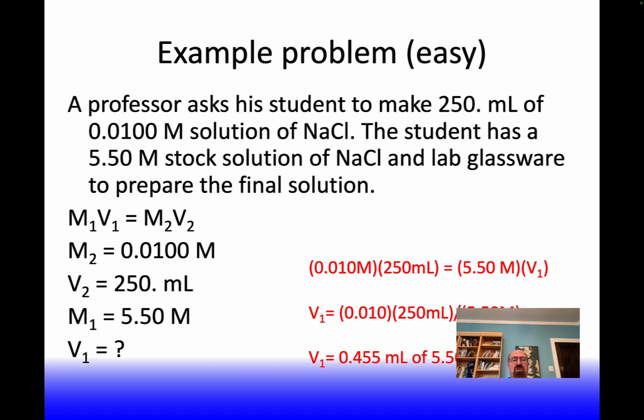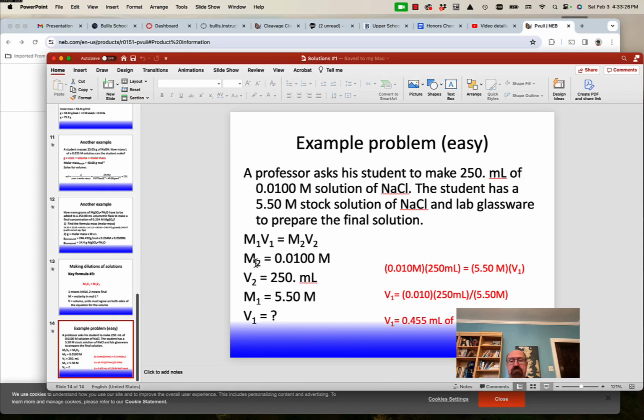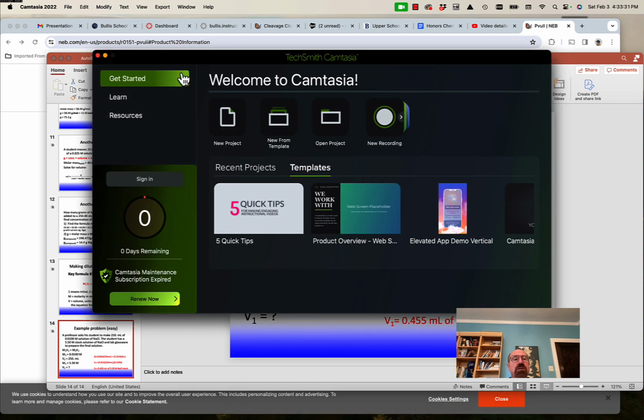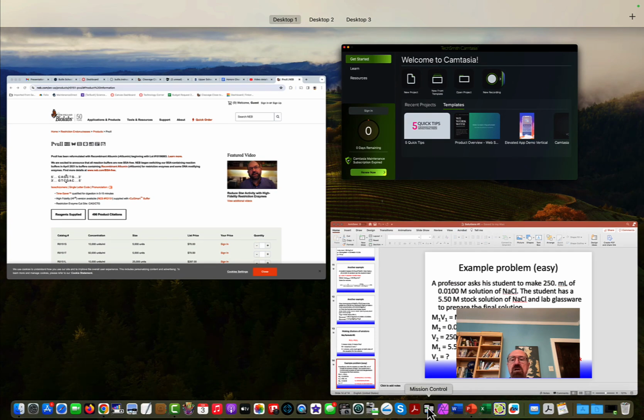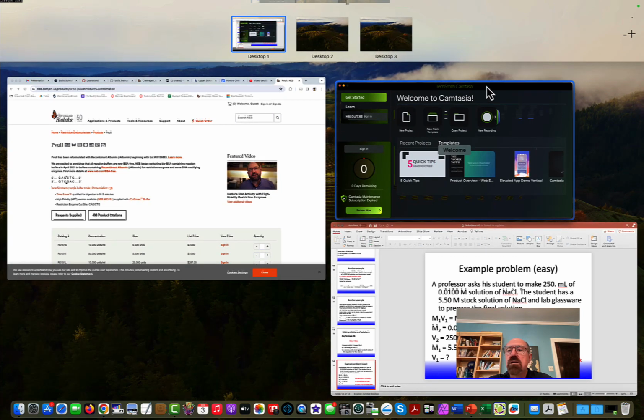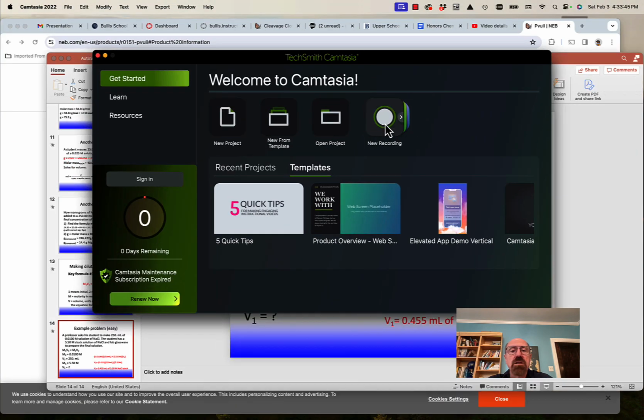Now, if we want to prepare a solution and we start with a solid, I'm going to give you a really handy formula that will help you figure out how to do it. Here's the formula again. Write this on the top of practice problems 15-2. Grams of solute that are in that solution will equal the molar mass of the solute times the molarity of the solution